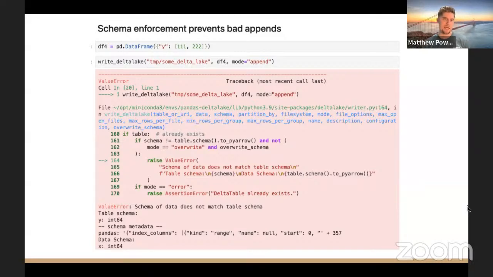So Delta's saying, hey, the schema is different. We're rejecting this append. Now, of course, data lakes have no such checks, so they're easily corruptible. So this is really nice, how Delta tables have this kind of built-in schema enforcement. Now you can bypass the schema enforcement with schema evolution. We're not going to talk about that today, but